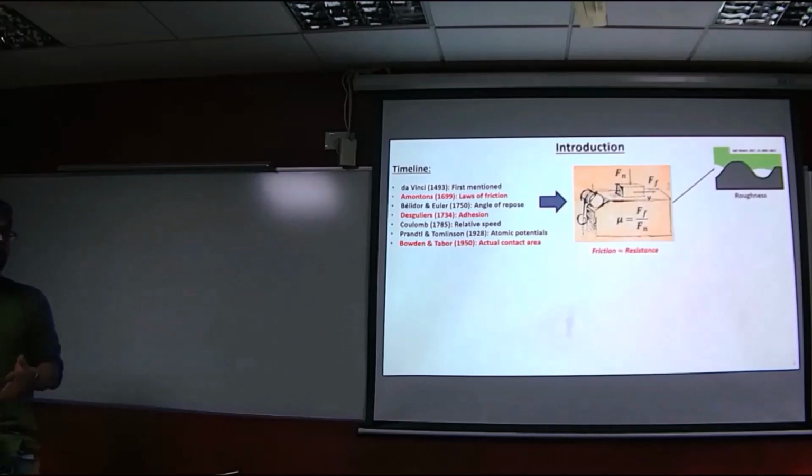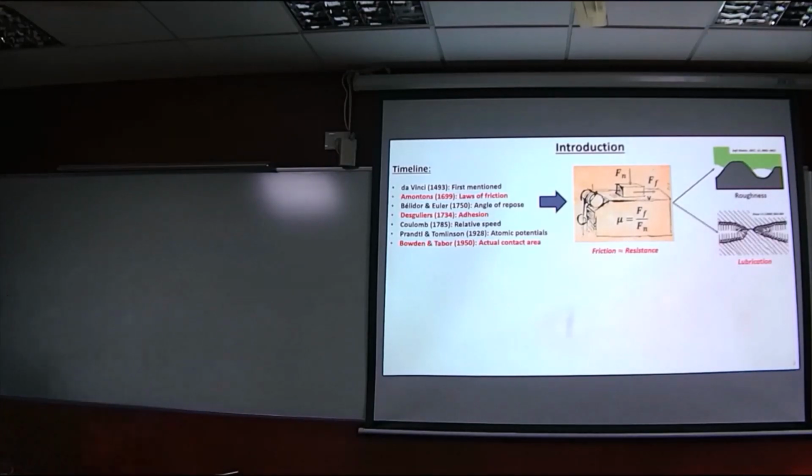The important ones are roughness, as it affects the contacting conditions between the two bodies, that is, as it affects the deformation or the actual contact area, which is quite key in controlling or understanding friction. But the important one, or the focus of my talk today, would be lubrication, where you have a third intermediate species intermediating the contact between these two bodies, effectively changing the surface energy of the interface under contact, and adhesion, which is the primary mechanism of friction in our particular case, is highly susceptible